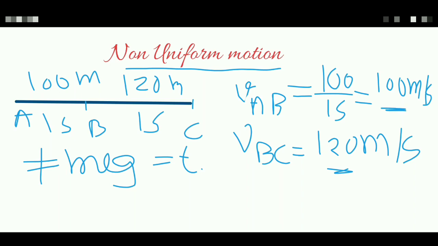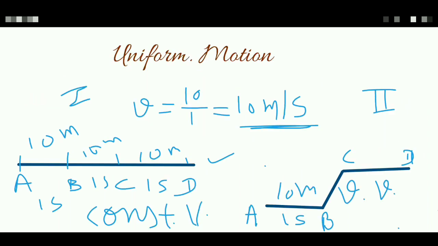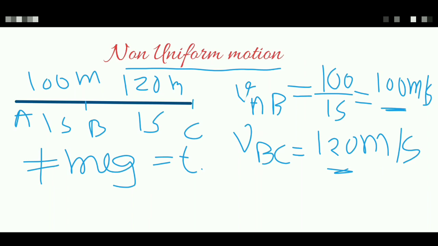And when an object moves in a uniform motion, the object can be said to have a variable velocity, or the velocity is changing, when the object changes its direction. So what I am trying to explain is that when an object moves in uniform motion, the velocity will vary if the direction changes, and in non-uniform motion the velocity varies in each cross section.